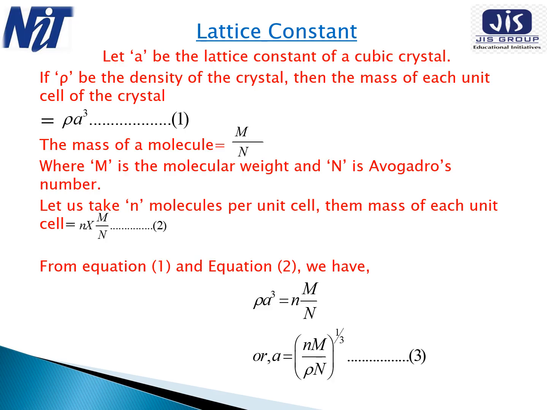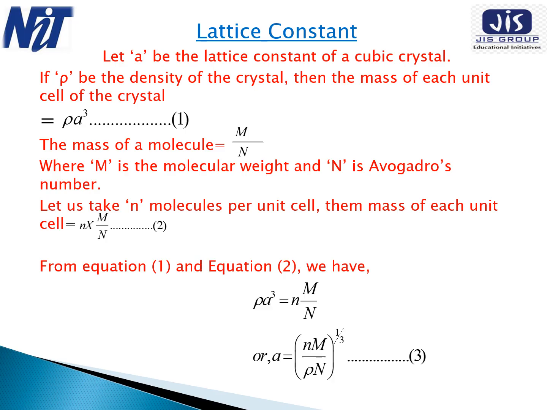That means equation number 1 and 2, both of them give the mass of each unit cell of the crystal. So these two will be equated, and when we equate equation 1 to equation 2, we get rho a cube is equal to n into capital M by capital N. From that we can calculate the lattice constant a. The lattice constant a will be equal to n into capital M by rho into capital N, to the power